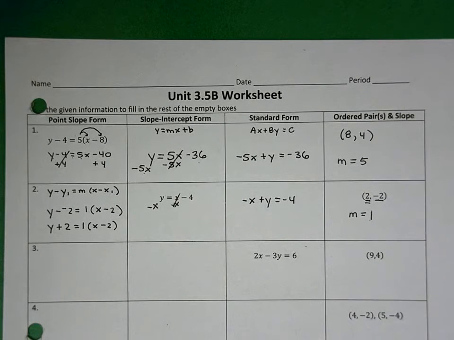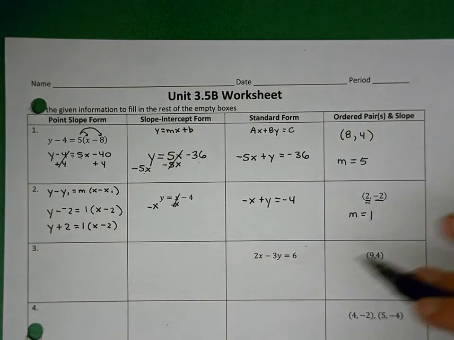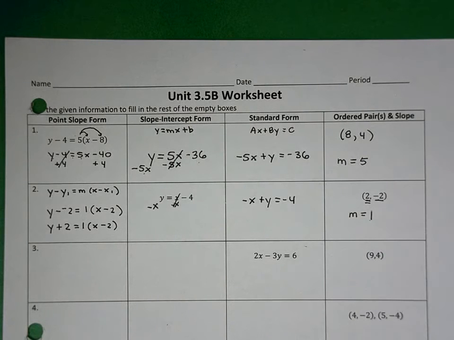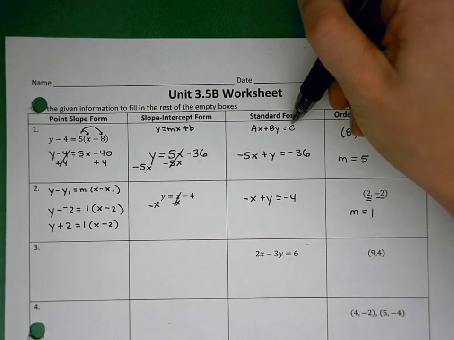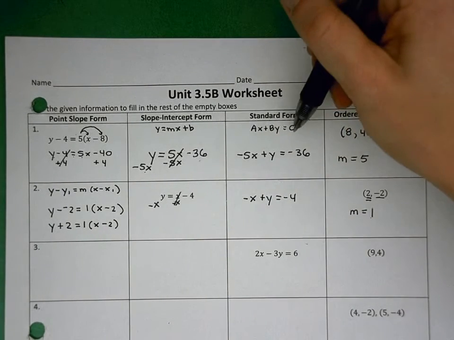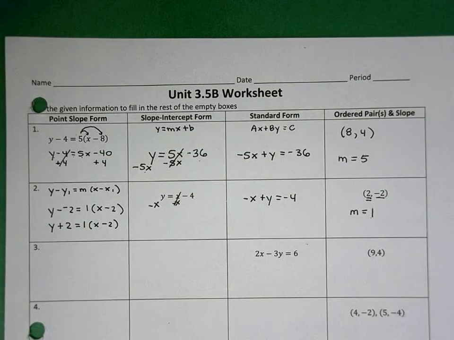Okay, number 3 here, our standard form. We are given 2x minus 3y equals 6, and we are given an ordered pair, 9, 4. In this particular one, we aren't going to start with slope, because standard form inherently, when you're just looking at the equation, doesn't have slope. Remember, standard form was ax plus by equals c. No m, no slope. I can figure out intercepts from it, x and y intercept, but I can't figure out